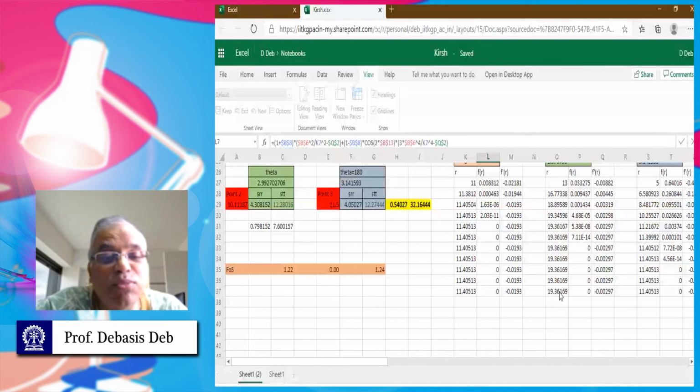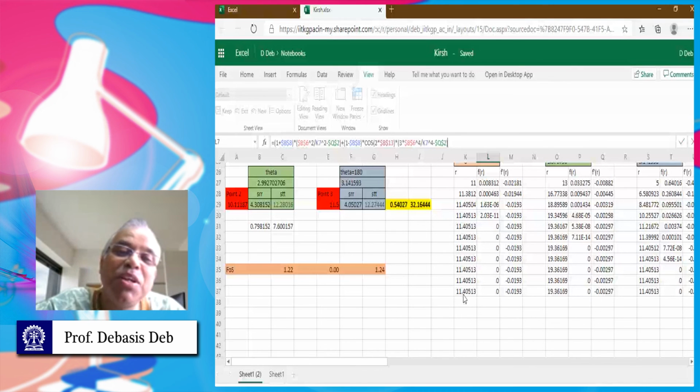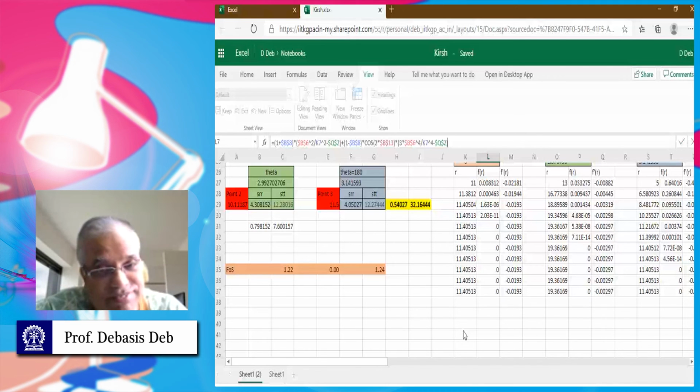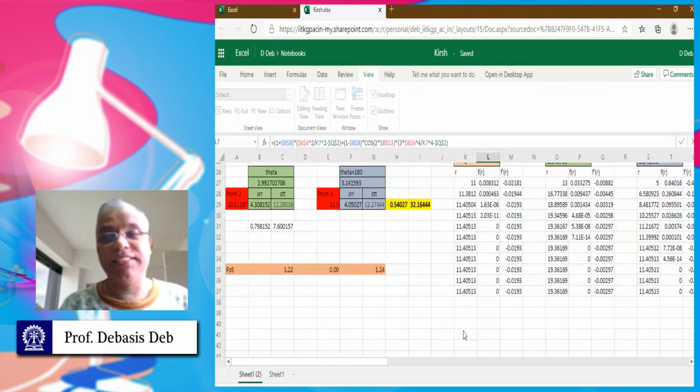So what was our distance between the two tunnel centers? It is hardly 10 meter. Now here it is 11.4 meter. So this is highly influencing the smaller tunnel. It has already crossed the 10 meter, right? And so this is going to influence. There is no question about that. Okay. So we now have to consider this effect.